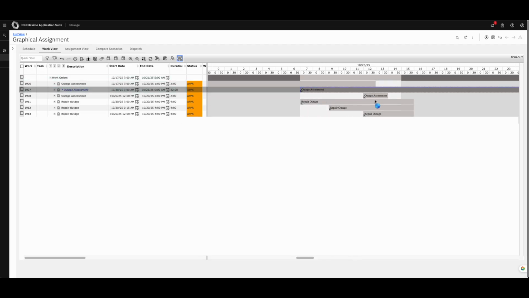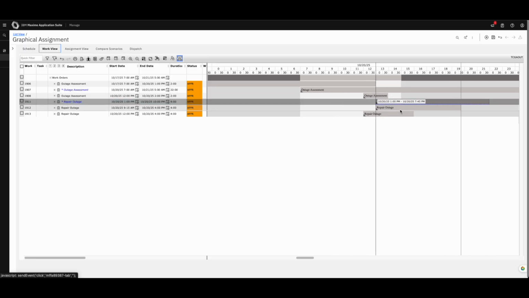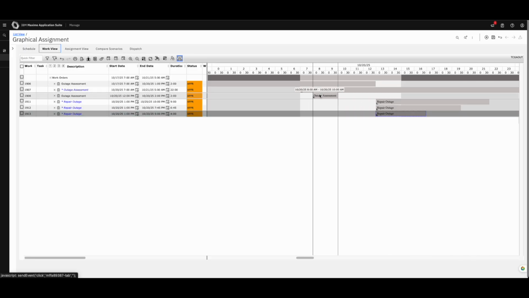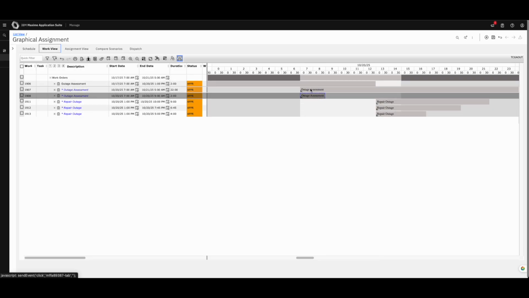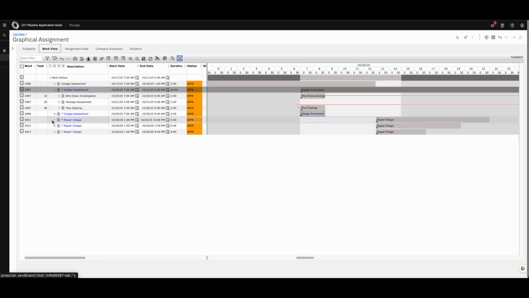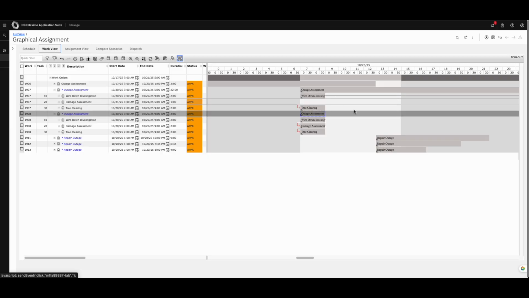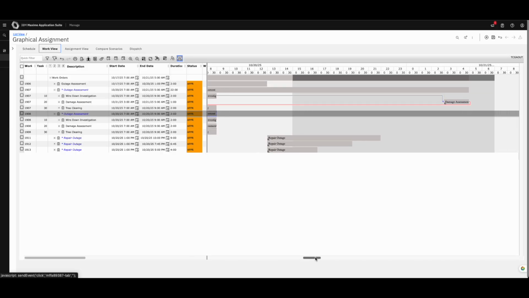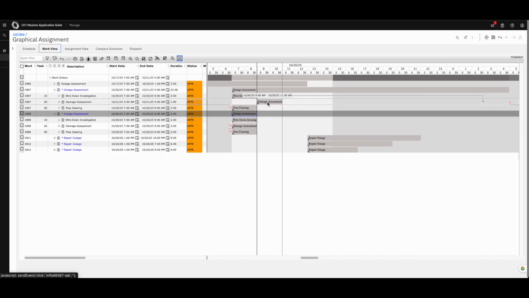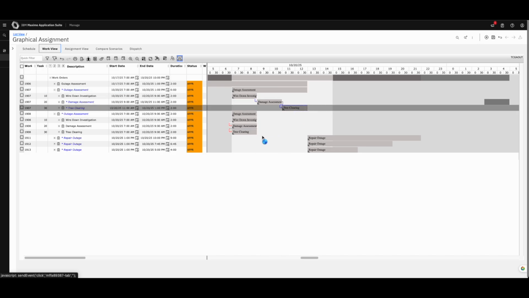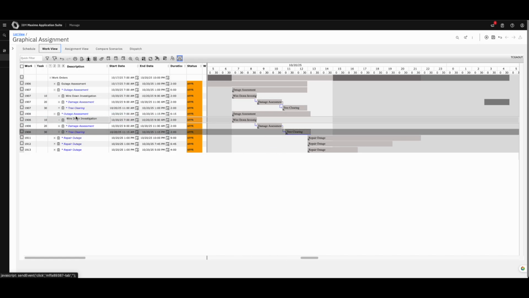Is first we're going to want to have our outage assessment. We may want to break out our outage repair for later on or maybe a different day, but we really want to start this process off with outage assessment. So we can break this down here to show all of the different dependencies that are associated and the different tasks that we're going to need to have completed in what order in order for the work to be completed. And what you're seeing here is me just dragging and